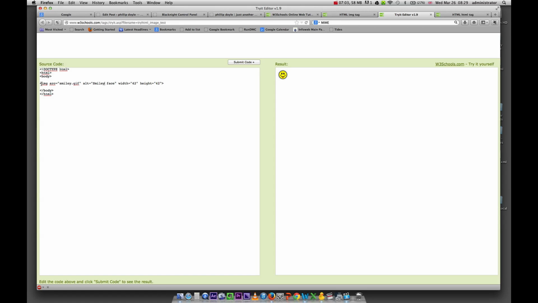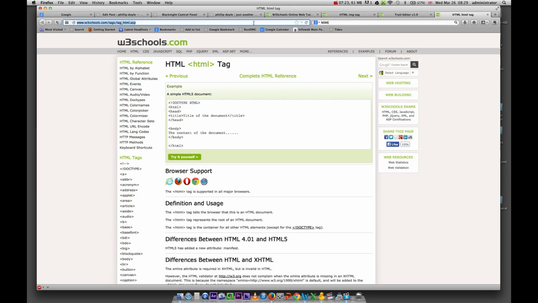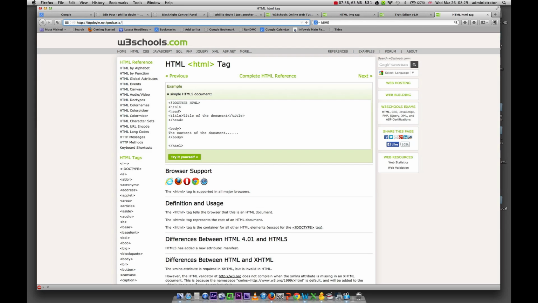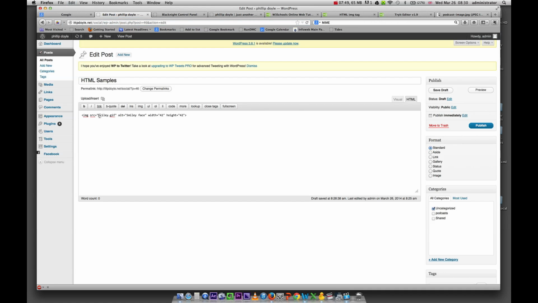Okay, so if I want to, I can just copy this code and go back into my edit post, into my HTML, and paste that code in there. Now in this case I have an image, and I'm going to quickly put the location of the image into my address bar to locate the file through its URL. There we go. Okay, so there's my image. The URL is good, so I can copy that and go back in here now